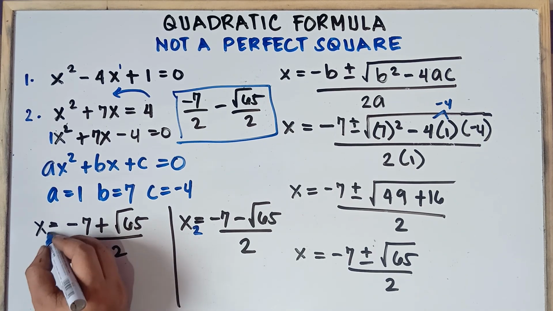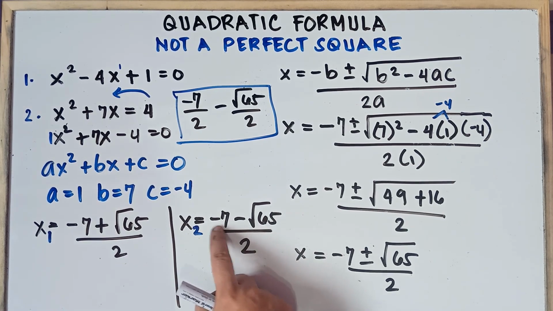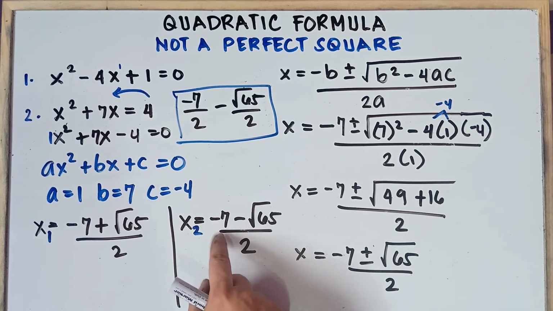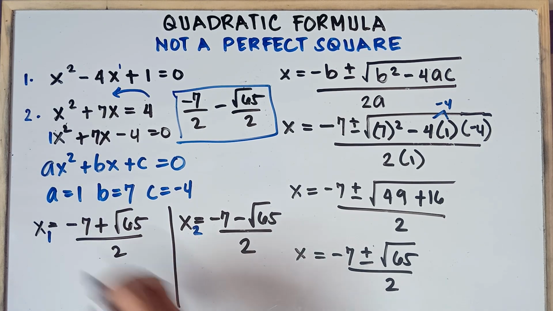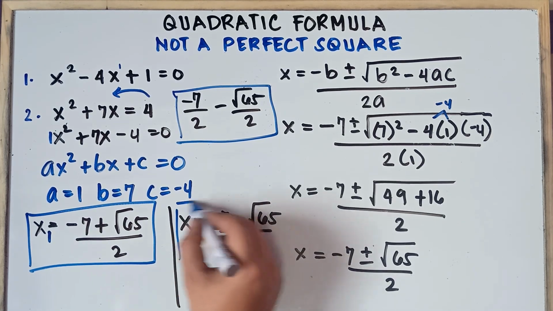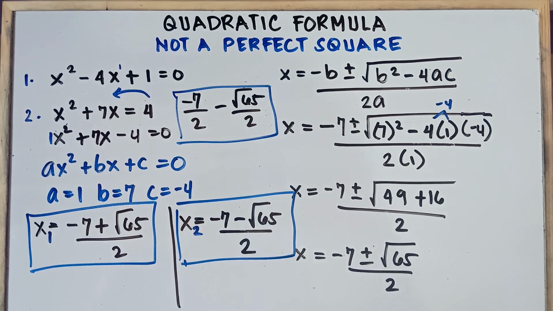X sub 2 and x sub 1. If you can divide the whole number by the denominator, you can do it individually, class. Once again, class, do not combine negative 7 and negative square root of 65 because this 7 doesn't contain radicals. So this will be our final answer, class. Alright, so this is x sub 1 and this will be x sub 2. That's it, class, all set for example number 2.